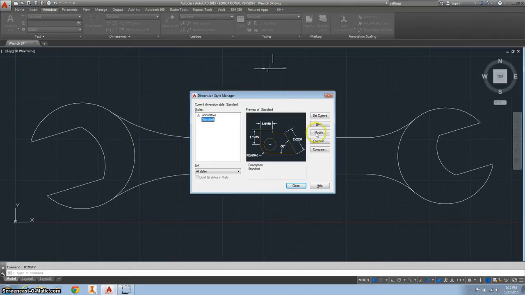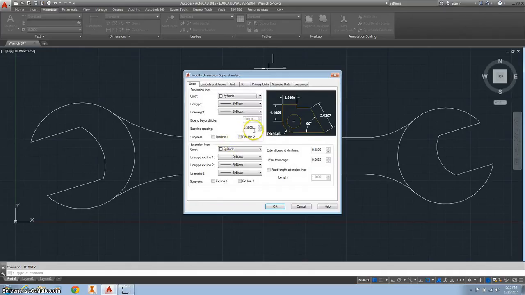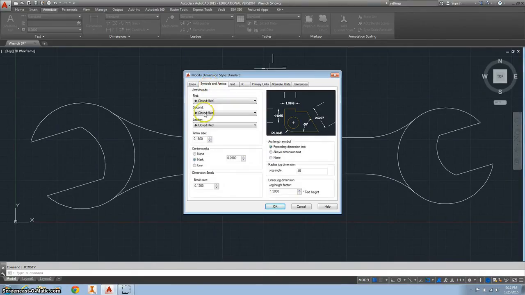So we want to modify a couple things. We want to change this to 1. I'm just going to double click over the baseline spacing, the extend beyond spacing. I'm going to offset it another 1. Okay. Let's go to the symbols. We're going to change this to 1. We're also going to